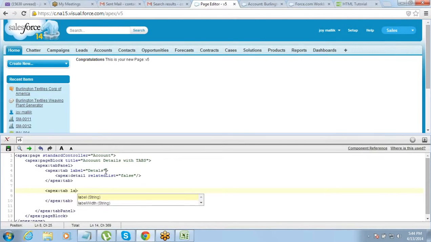Label is what label you want to see on the tab. So the label can be contacts.